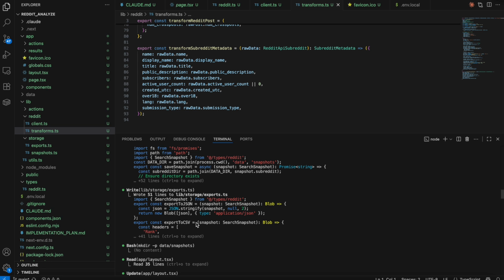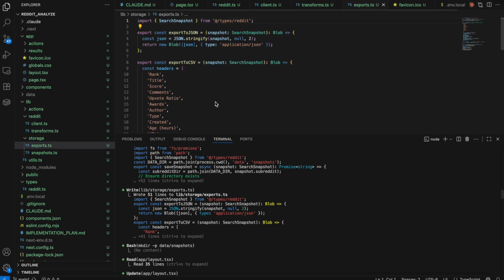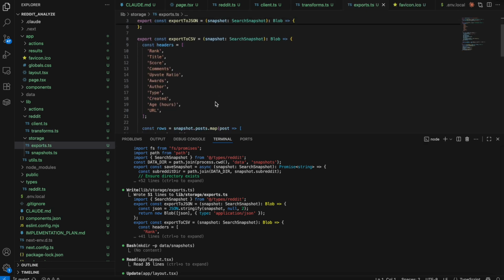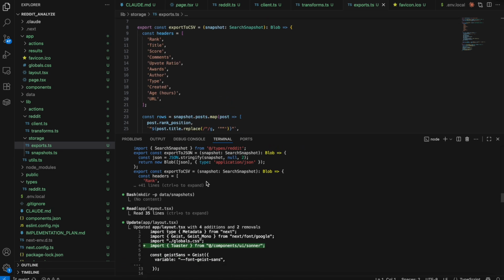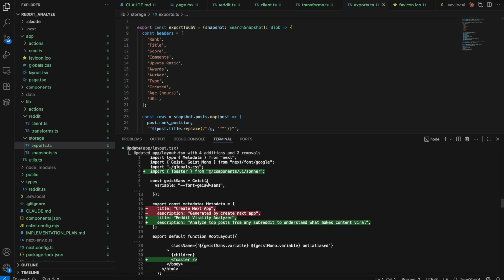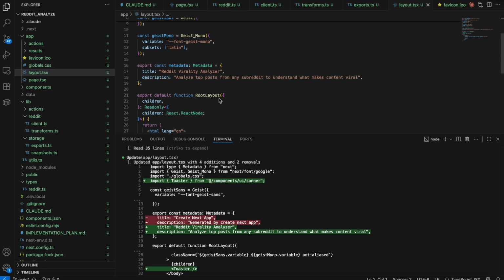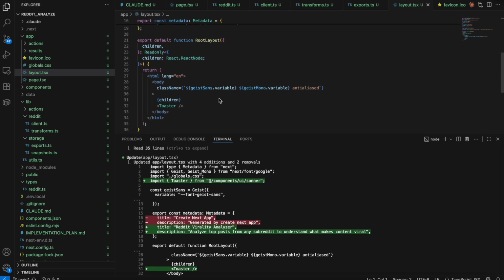And then we go through different snapshots, different exports. Okay, sure, that's not very important. And then basically in this layout.tsx, which is really the main place where everything starts, we return the main layout and this toaster as well as children.